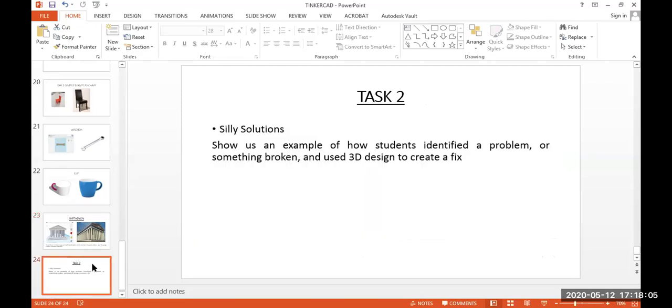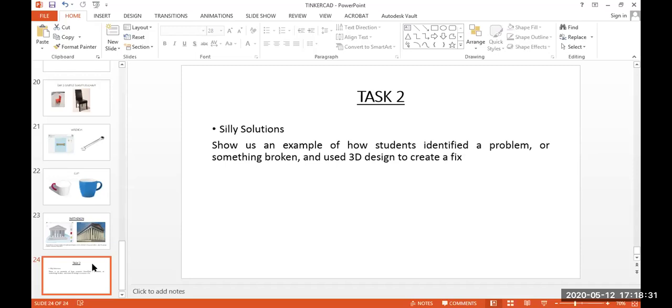After today's session, there is another task. This is the second task, that is silly solutions. The task is: show us an example of how students identified a problem or something broken and used Tinkercad 3D design to create a fix.